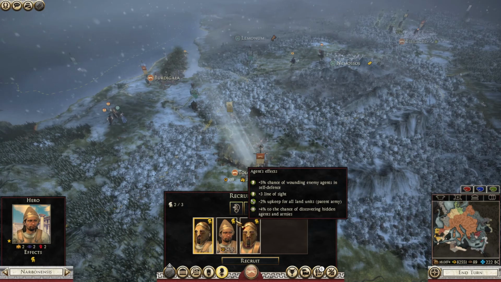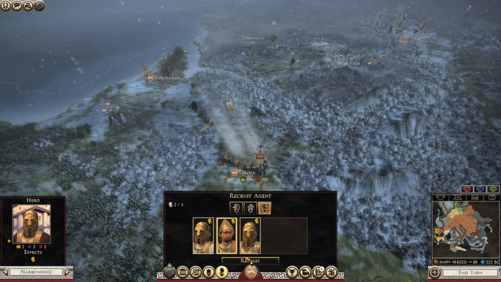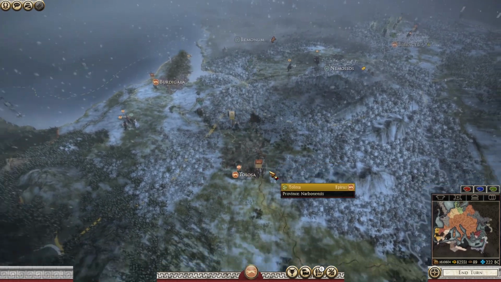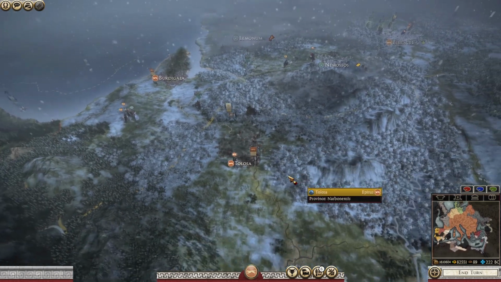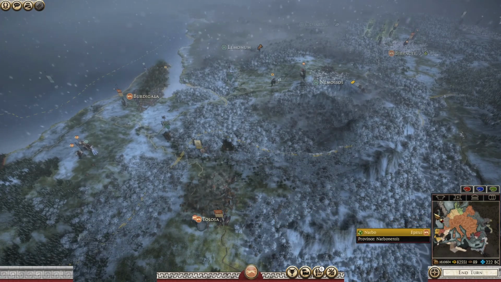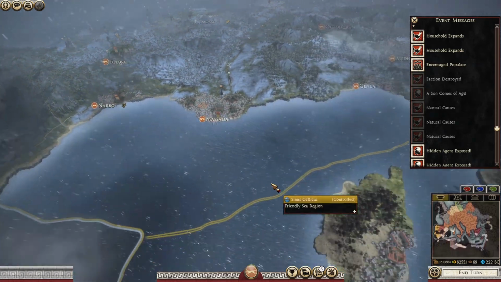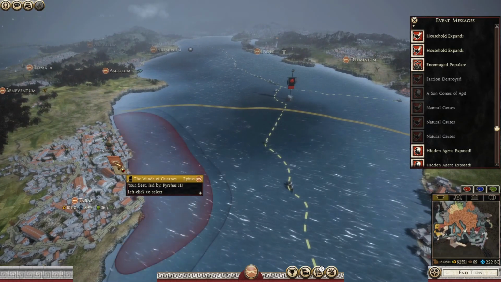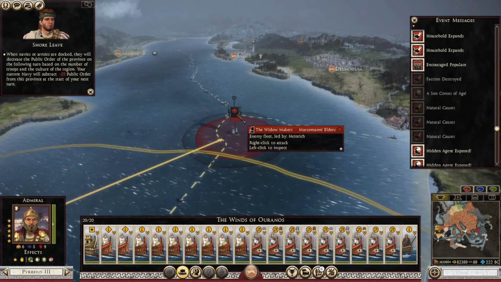But I actually prefer this because it's got more defense against agents plus a bit of line of sight. Line of sight isn't particularly that good, but with the 1.2 update, line of sight is going to become a little bit more involved. So I think we might as well get into the habit of doing that. Faction destroyed. Macrimony elders. But I thought we just got a new navy over here. Well, we're going to get rid of this trash straight away. I'm not going to tolerate them in our...